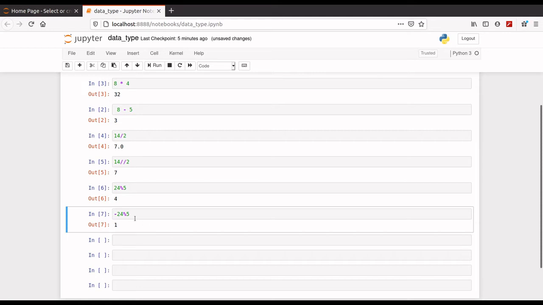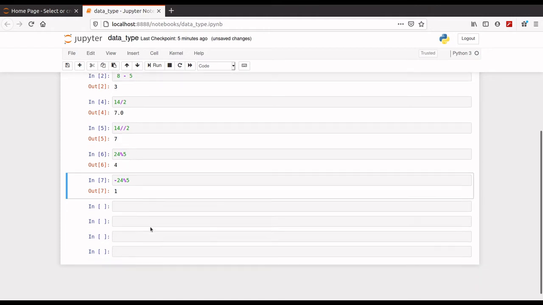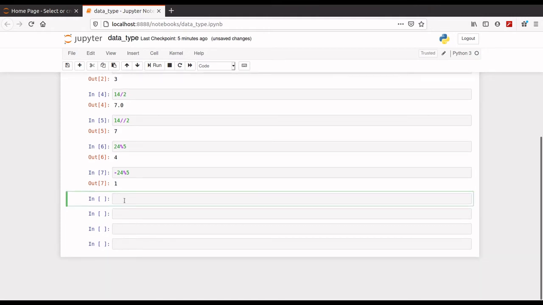So if the dividend is negative, then after dividing your remainder is -4, but it never gives you -4. It will make the remainder positive by subtracting the remainder from divider. Like here the remainder is -4, but the -4 is subtracted from 5, so the remainder here is 1. Modulo operator always gives positive remainder, so take care of this.